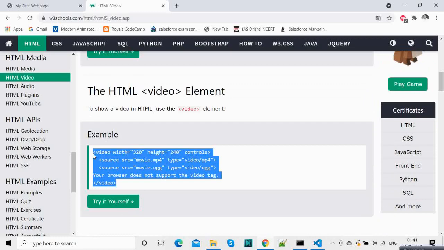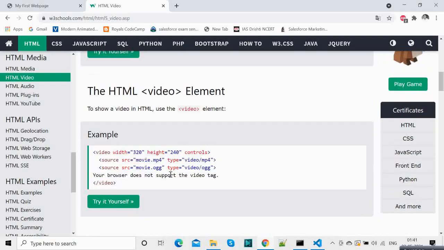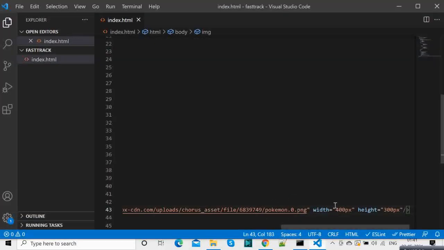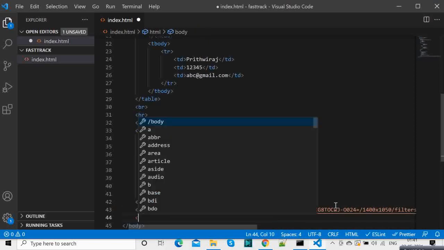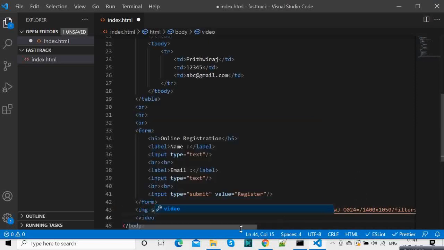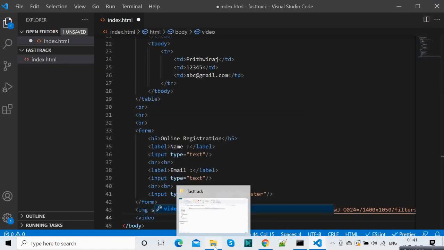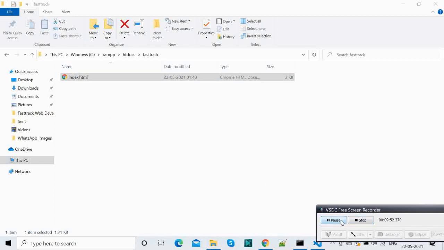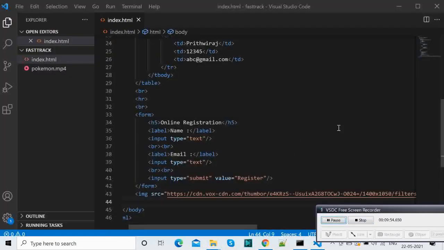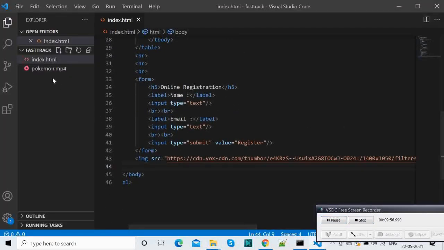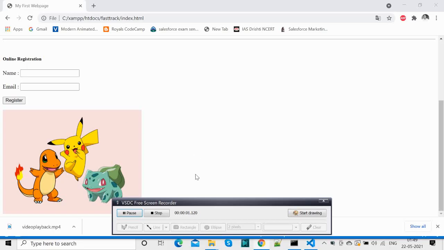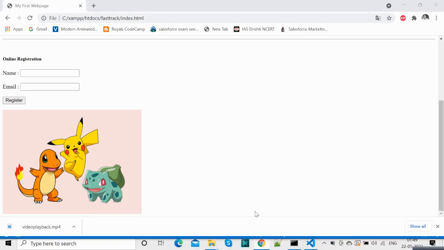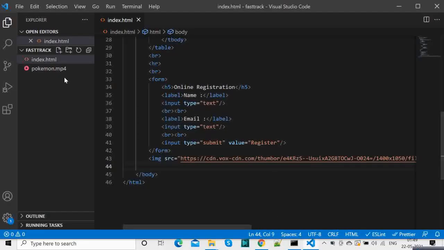So it's very simple also. So you have video, and I got one video. This is Pokemon.mp4, and I will be playing it. So video, and here, I have downloaded a video file called